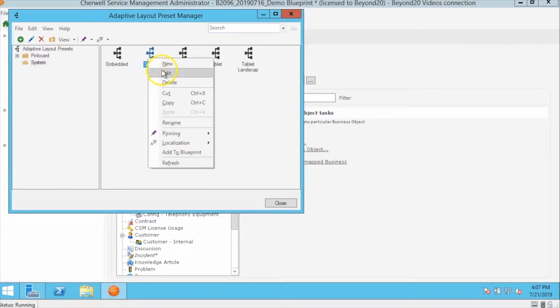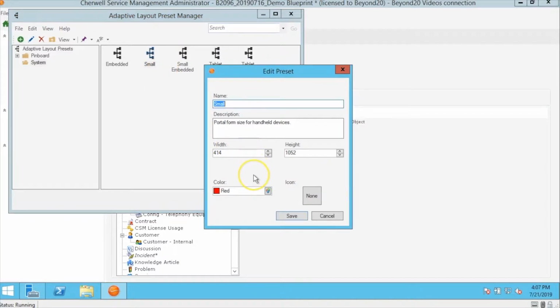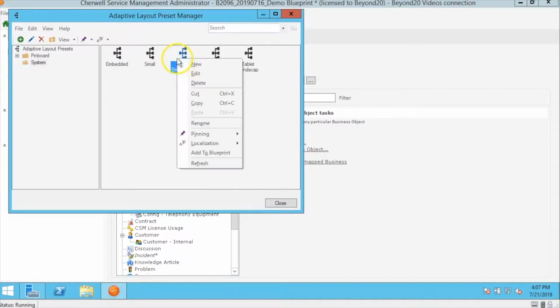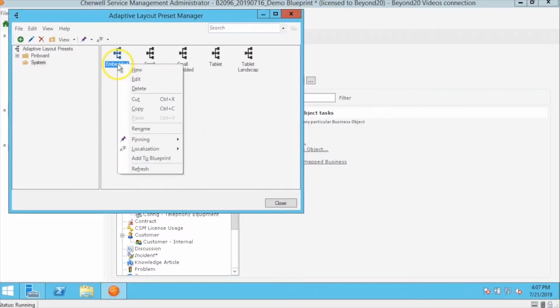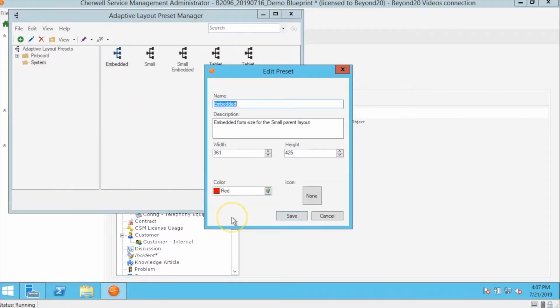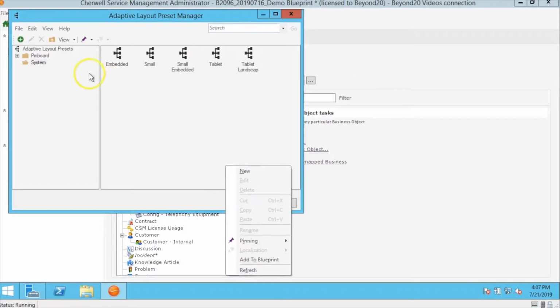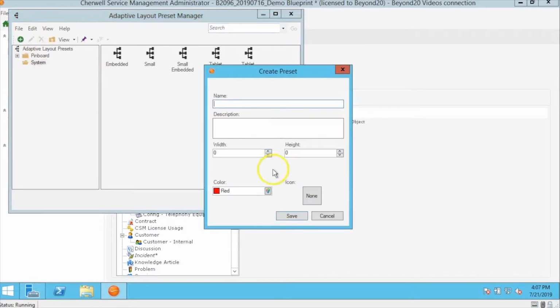Then we have the small version, which is for an iPhone or a smartphone, and the small embedded form layout, which would be for your specifics form, and then the regular embedded form. But you can create new presets here, and all they are is just give it a name,